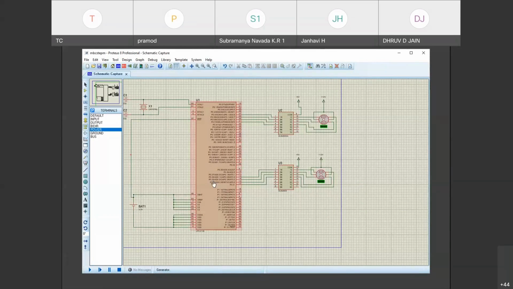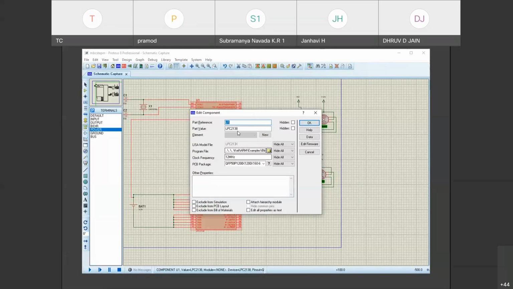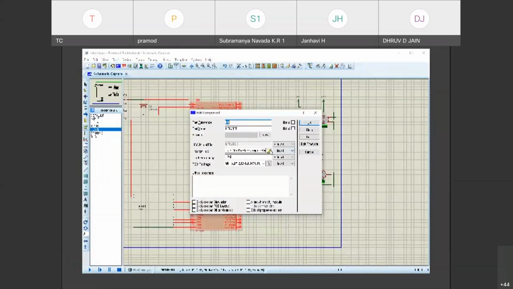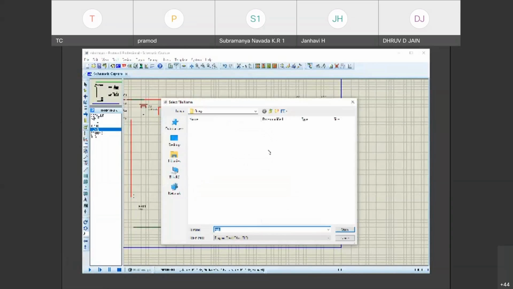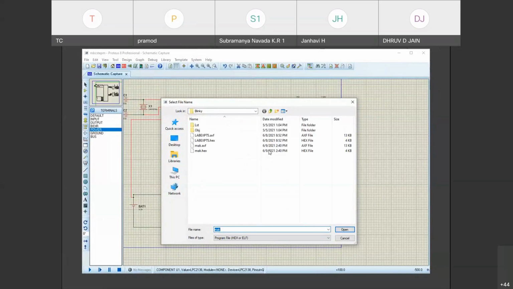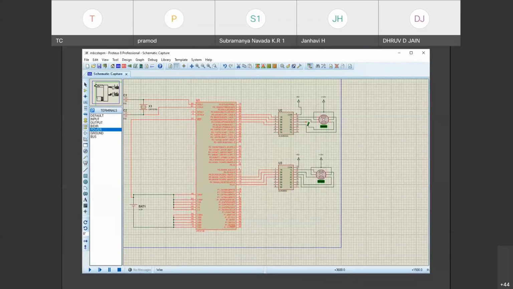So what is the hex file? You see here LPC2138 and clock frequency 12 MHz. You ensure that and click here for browse. What is that hex file? I should search for mac.hex because I gave mac in the target. What name you have given in the target, with that name only the hex file is created. So I'll take it as mac.hex. Say open. Then when I say okay, don't see the upper one.